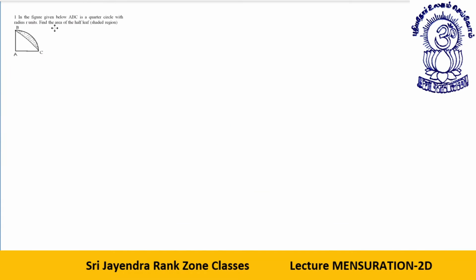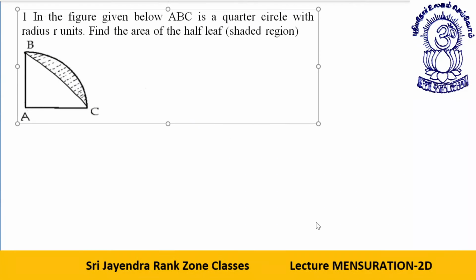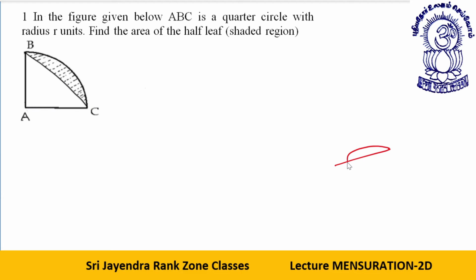Now one more very good portion, that is the concept of leaf. I call this the concept of leaf. I'll tell you how. You very well know, dear students, what does a leaf look like? A leaf is like this. This is a leaf. Okay. So now this is leaf. This portion is half leaf. Again, this portion is half leaf. So we will start with half leaf first, then we'll move to leaf. You have to find this portion. This portion is actually half of a leaf.